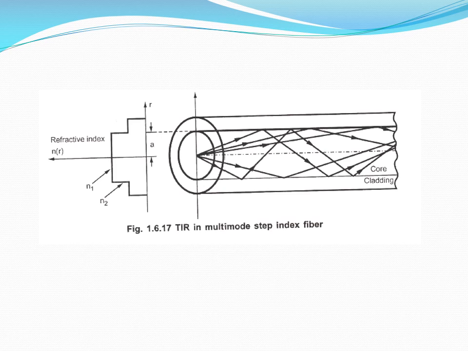Here A represents the fiber core radius of the multimode step index fiber. And these are the propagations of optical rays in this optical fiber core. This is what we consider as total internal reflection. You can see that the ray gets totally reflected into the same material as it strikes the cladding surface, the interfacing surface. So the light entering the core is reflected by the cladding surface back into the same core area.